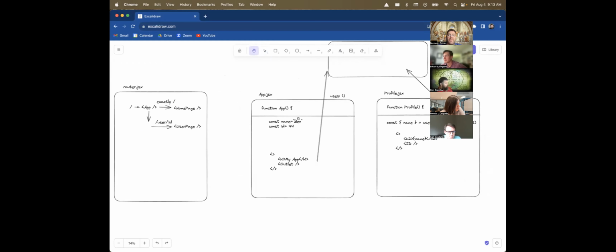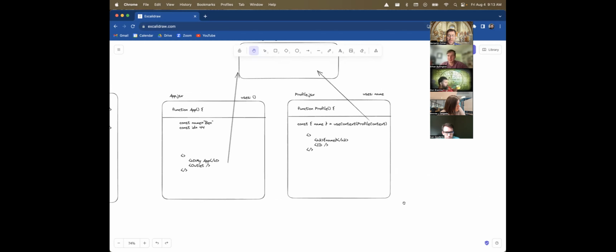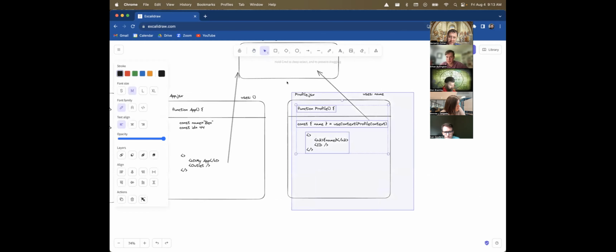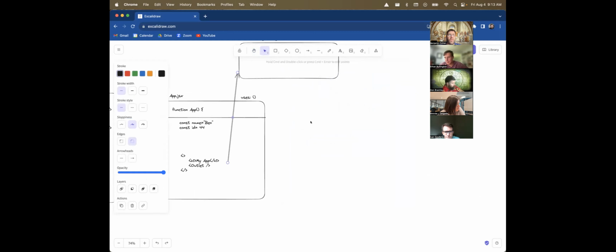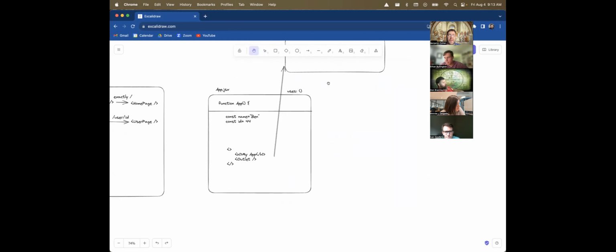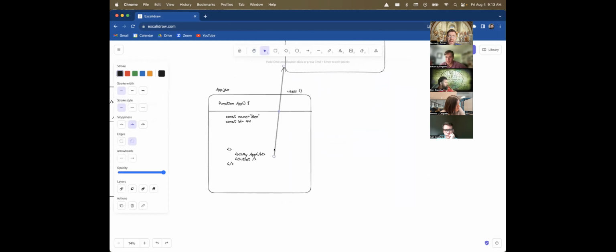So coming back here, we have our app, and the app shows outlet. Outlet is going to be replaced with homepage or user page. So I'm realizing it'll be easier just to get rid of some of this stuff and draw some new stuff. So what I want to do first is actually give something to the outlet. So let's say there's data that every page needs to know about. So maybe